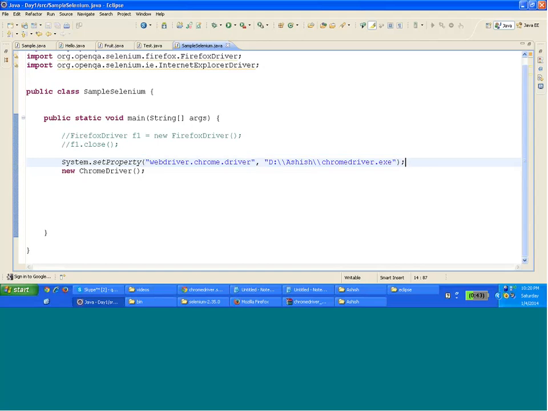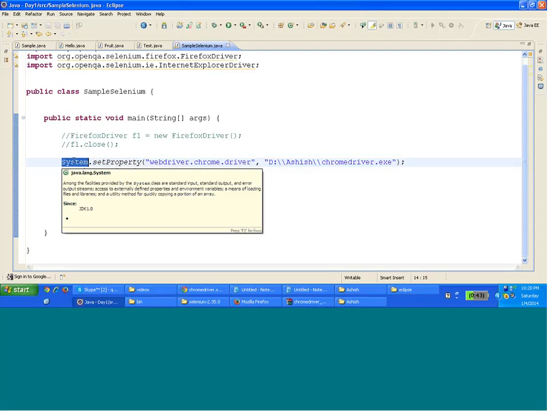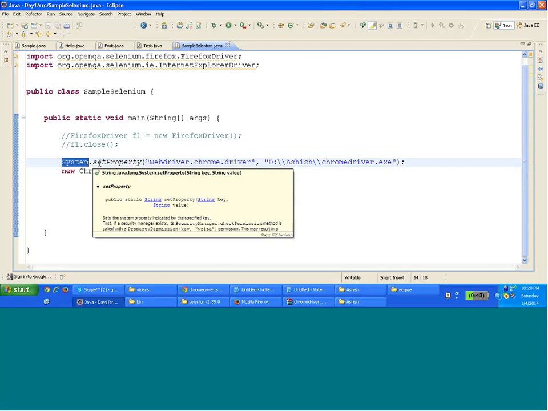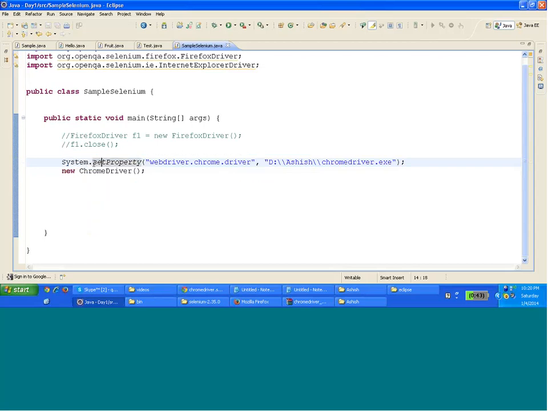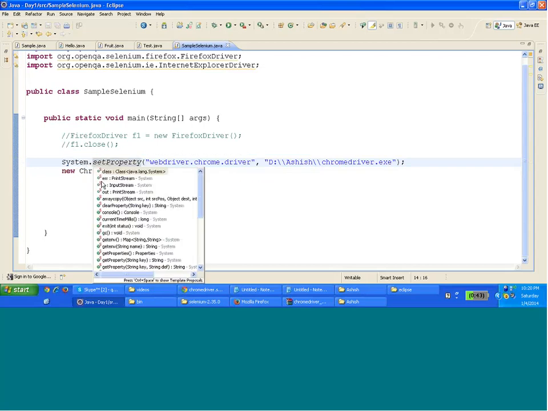System is an internal class in Java, just like we had a class like Date in Java, right? I created the date and it was printing the system date, you remember? Similarly, System is an internal class and setProperty is a static function inside it. There are a lot of static things inside this class. One of them is the setProperty function, which is static. So you can directly call it from the class name, dot, the function name, and you can set the system